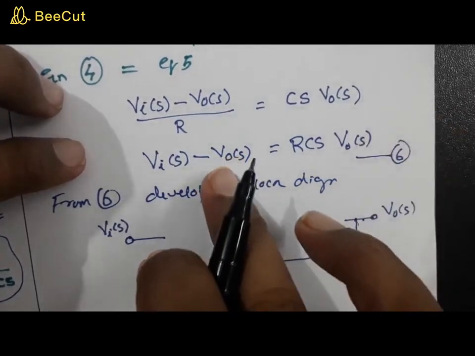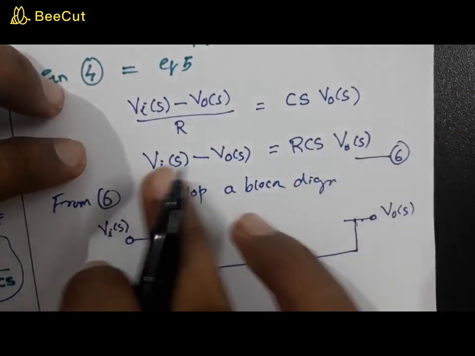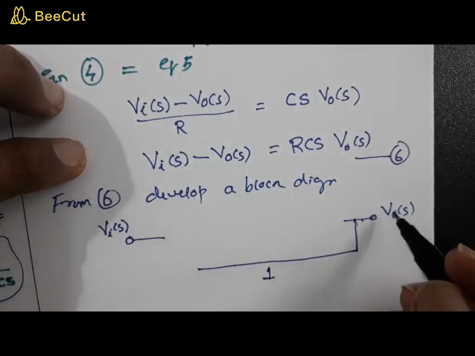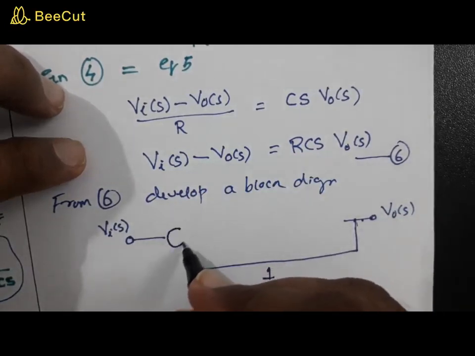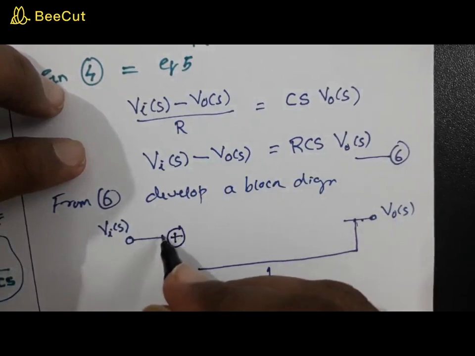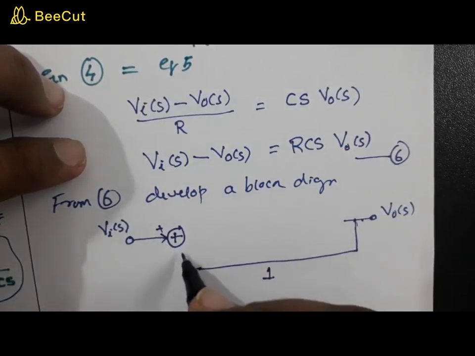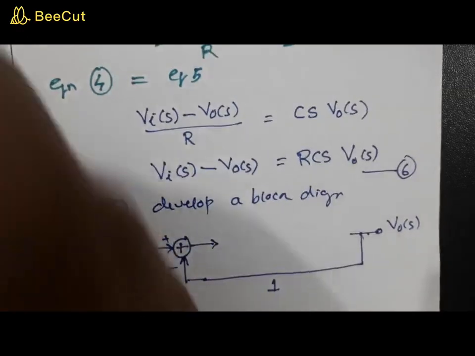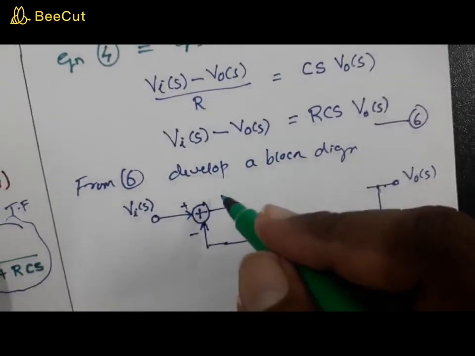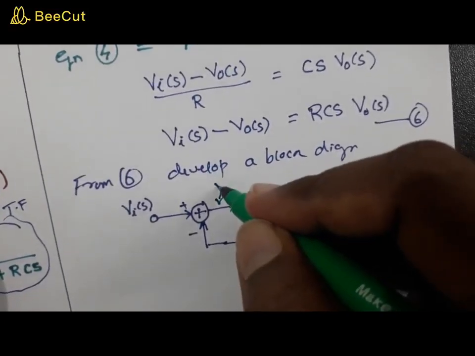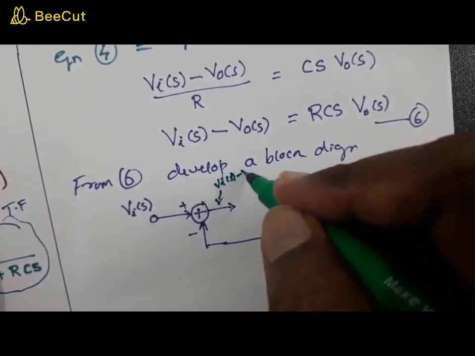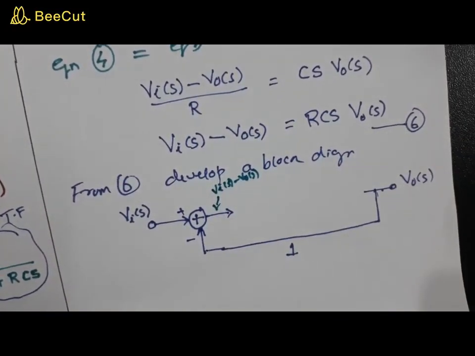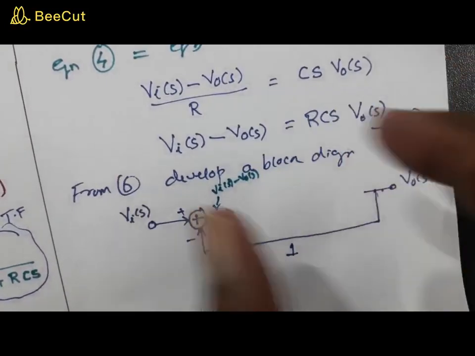So this is the whole of V0 of s, right? Vi of s minus the whole of V0 of s. So I'm calling this 1 because you need the whole of this. And what you do is you have a summer. Here you have a plus sign, here you have a negative sign. So what is the result of this? The result here will be Vi of s minus V0 of s, right? Now, this must be equal to